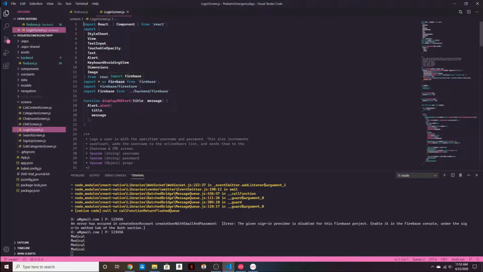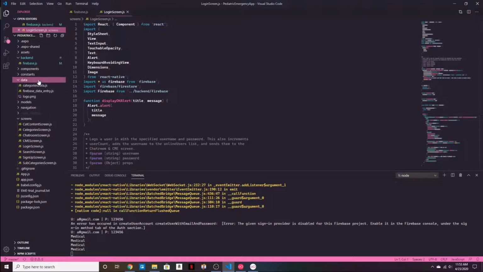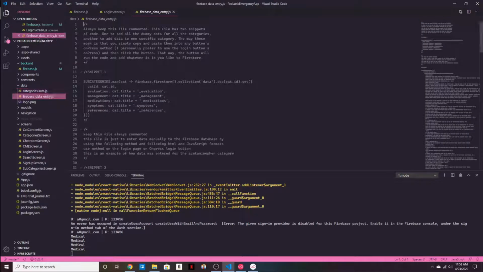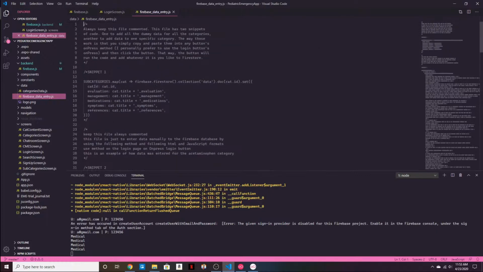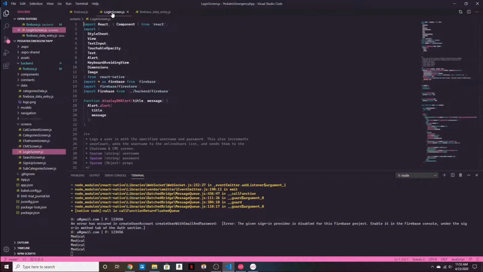And now, if we open data, we should see this category here, Firebase Data Entry.js. So we're going to open that, right? This is just a commented file, basically, that's meant to add data to Firestore. This is just a simple method we came up with to add data to Firestore. So here and back in login screen, we're going to need to do a few things before we can actually